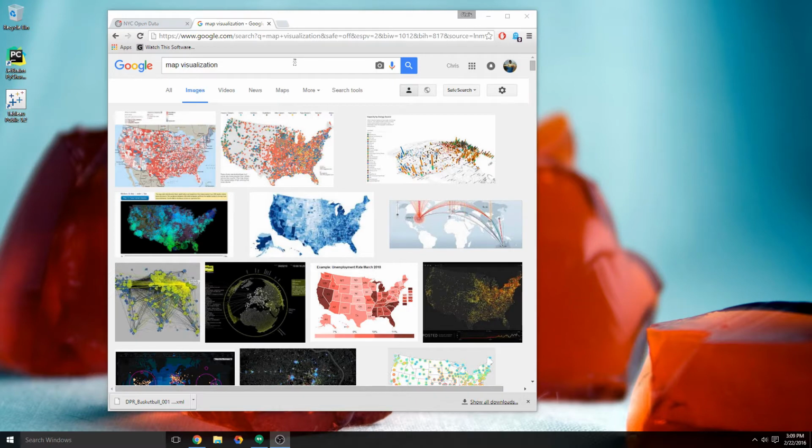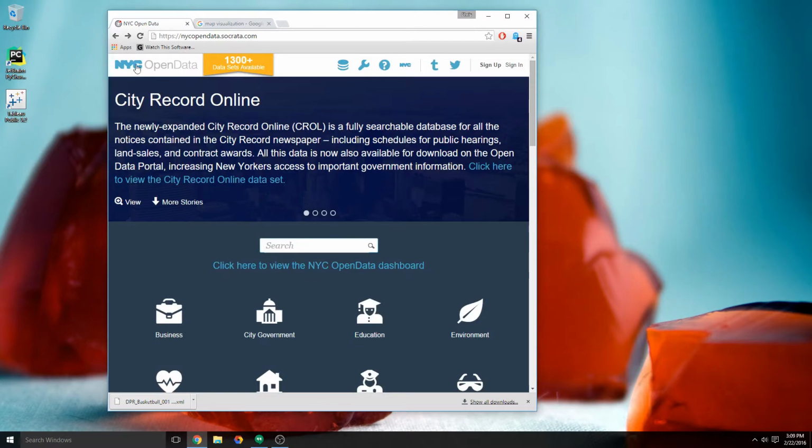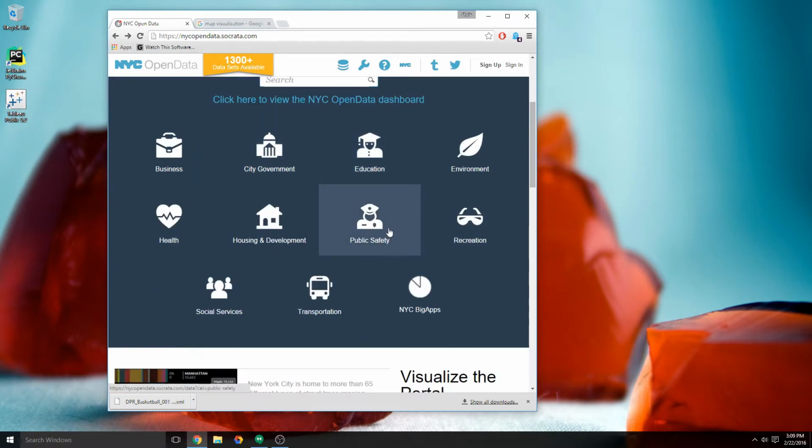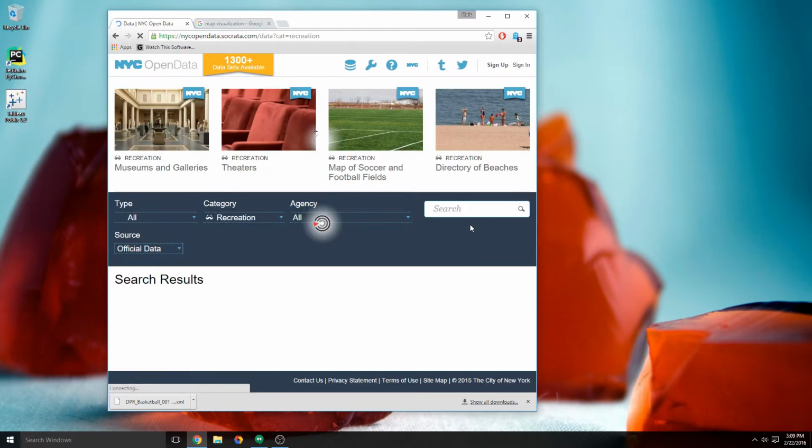So first we need to find, as always, some good data. Now, I was looking through some of the open data sets that are available on the internet, and I stumbled upon New York City open data. And if you want to get to this site, you can just Google New York City data, and I believe it's the first link. And it has sort of a repository of all of the publicly available data that New York City collects. And I was clicking through, and I found one under recreation,